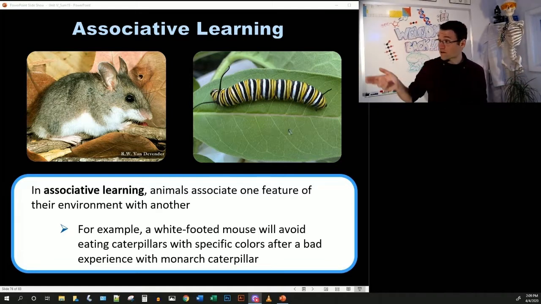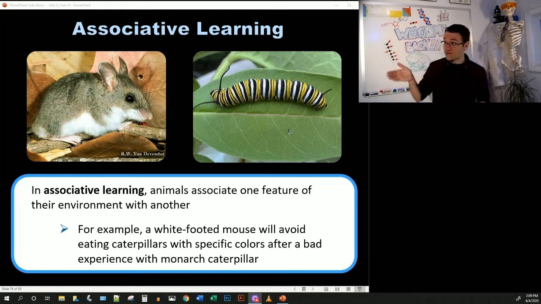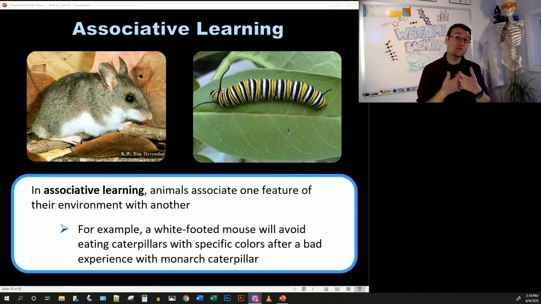Like this caterpillar here has a very, very toxic, nasty taste. And this mouse, when it sees that bright, stripy coloration, if it gets that nasty taste in its mouth, it's going to start to associate those two very strong stimuli, the bright, stripy coloration and the nasty, toxic taste in its mouth, that kind of bitter compound, and maybe it'll avoid things that look like that in the future. It'll avoid that caterpillar. That is associative learning. It's associated those two concepts.